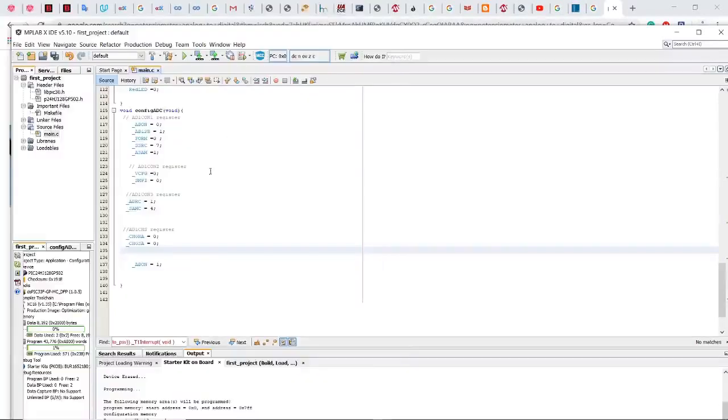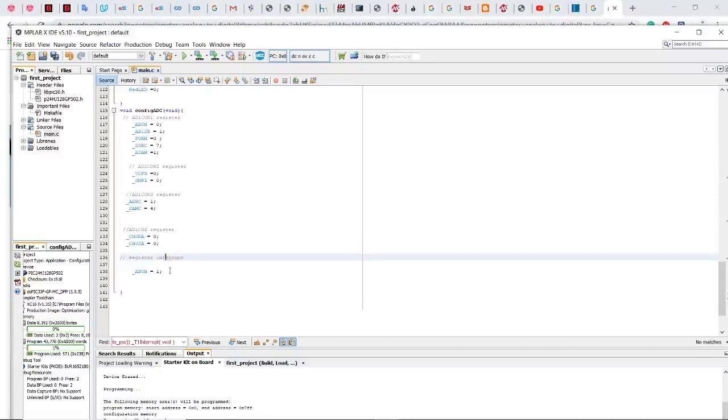So let's go back and try to make it organized. So this is the register for interrupt, and it will be underscore NSTDIS